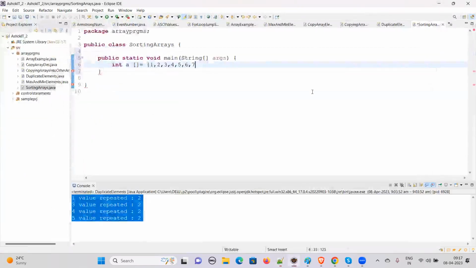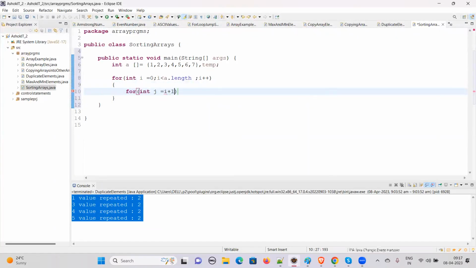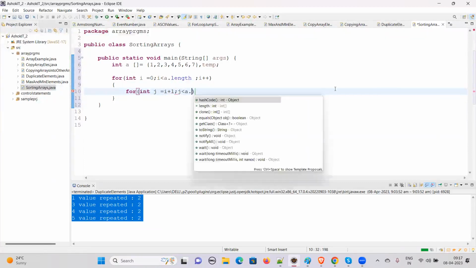Yes, please practice, you'll understand. This is a very easy program. You just have to swap the values when the condition defined over there is met. Another thing is I'm going to take the temp. For int i equals 0, i less than a.length, i plus plus. Okay. For int j equals i plus 1, j less than a.length,